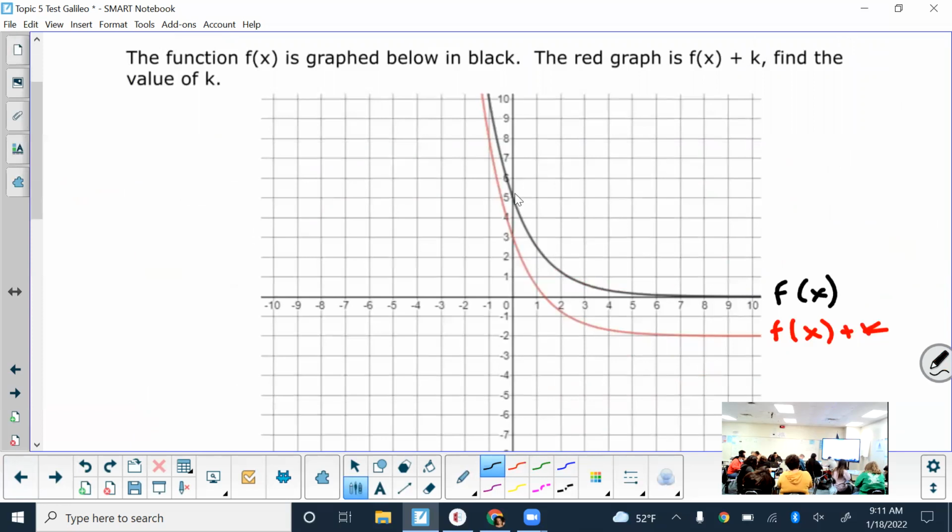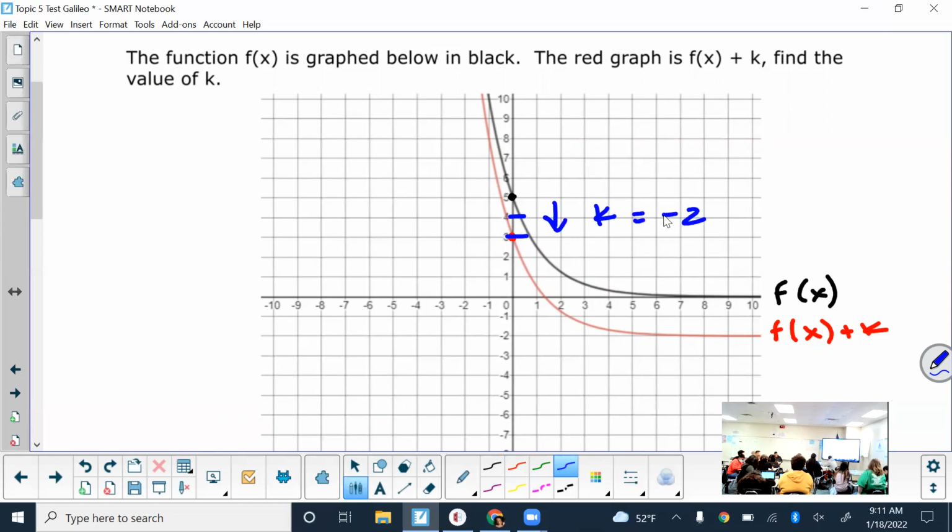So since we're going from the black graph to the red graph, you're going to want to count from the black graph to the red graph. And the easiest way to count it, I think, is looking at the y-intercepts. So what's the y-intercept of f of x? 5. And what's the y-intercept of the red graph? 3. So if I'm counting from 5 to 3, we're going down 1, 2. And since we had to go down, that makes k